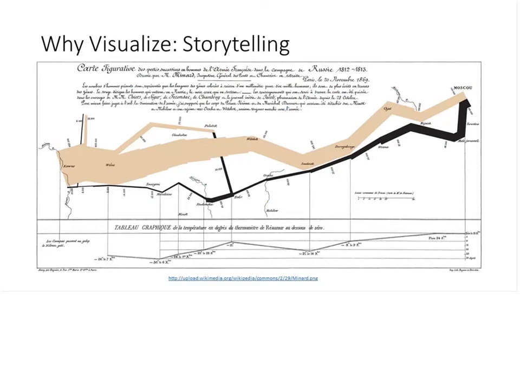Another reason we might want to visualize is to tell a story or to support an argument. This is perhaps one of the most famous visualizations of all time. It was created by Charles Joseph Menard in the middle of the 1800s, and it visualizes the march of Napoleon's army into Russia. So the width of the lines you're seeing going across the visualization are the strength of Napoleon's army, and you can see it very clearly dwindle over time